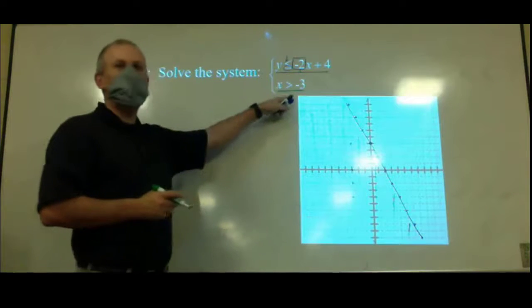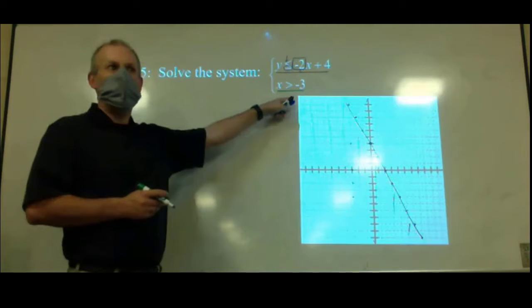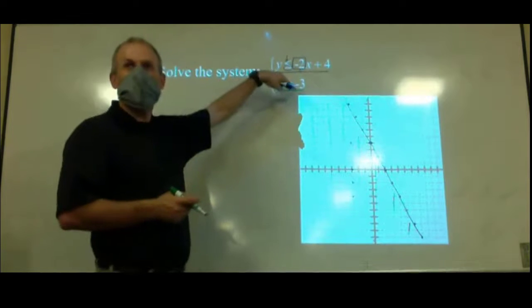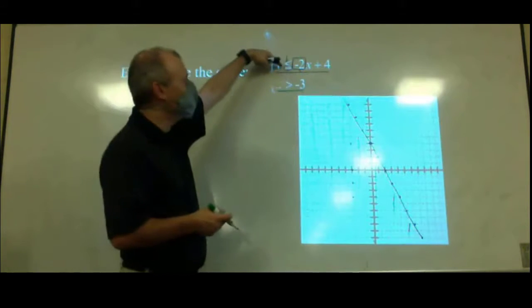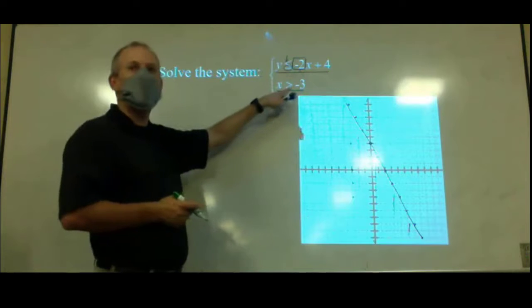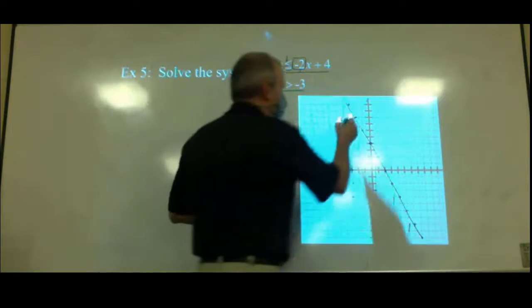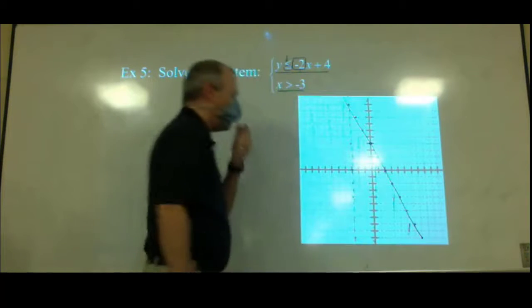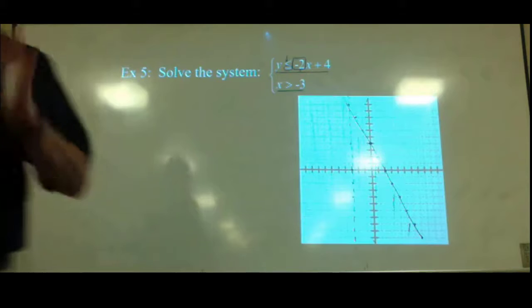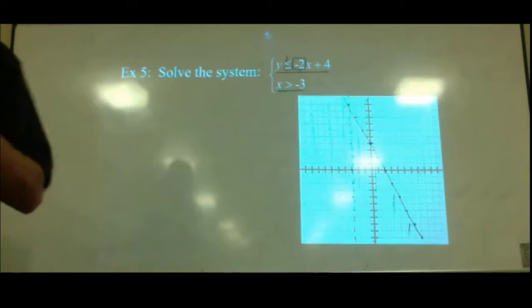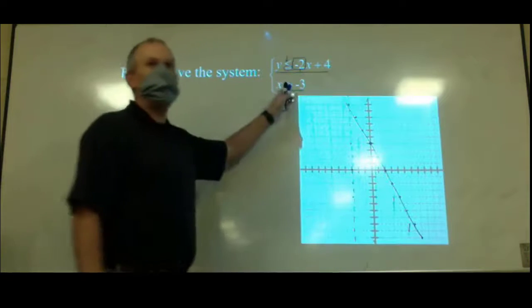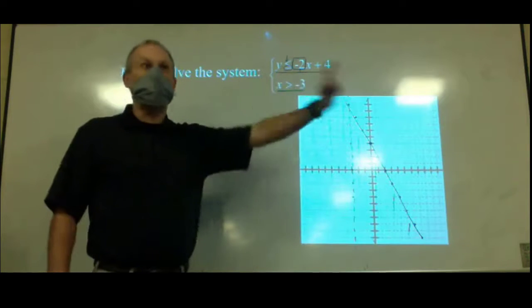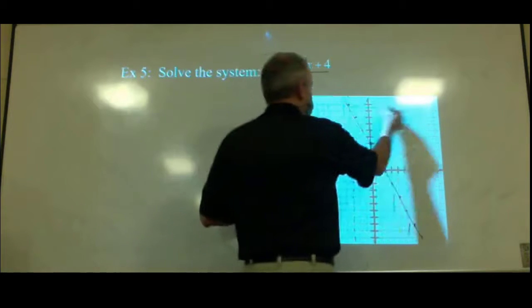Is this boundary going to be solid or dashed? It is dashed because there's no or equal to sign here, right? See how this one had the or equal to sign, so it's a solid? This one does not, so it's dashed. So our boundary line goes right here. Now, we're kind of back on the, because it's x's, right? X's go left and right. So if we need x to be greater than, which direction are we going to go? Right or left? Right. To the right. That's where the bigger numbers are, right? So this one actually goes this way